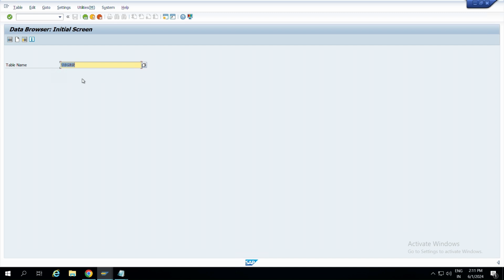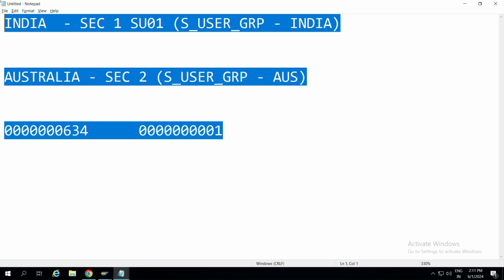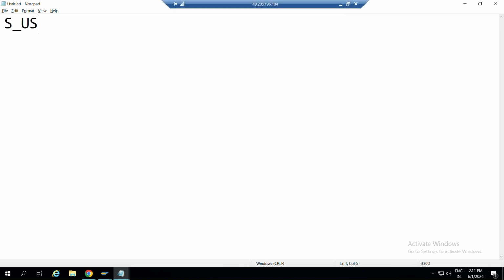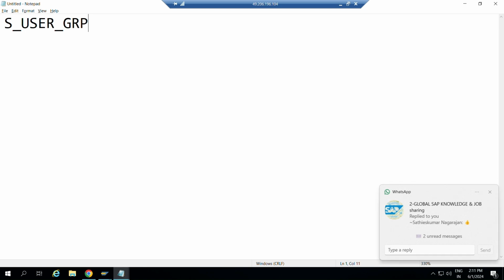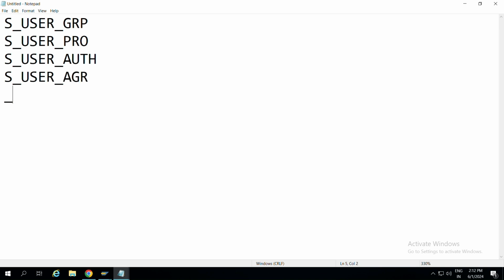What questions might they ask? They might ask you about creating a user master record, which are the authorization objects needed for a security person. For that, you can mention S_USER_GRP, S_USER_PRO, S_USER_AUT, and S_USER_AGR, and for assigning roles S_USER_TCD.